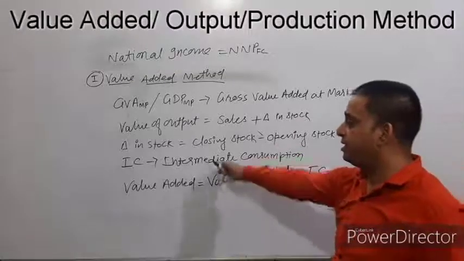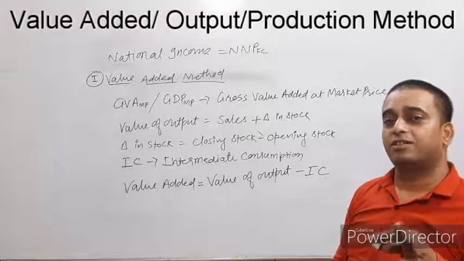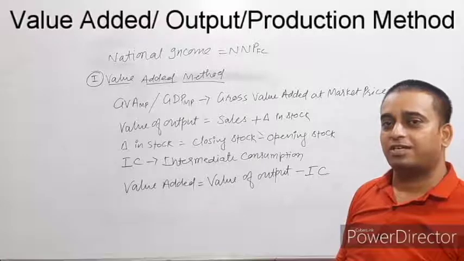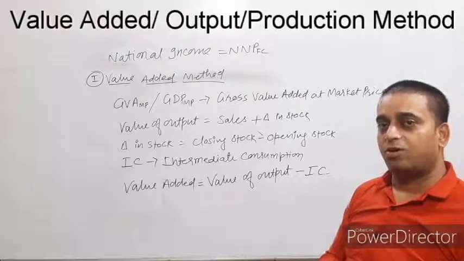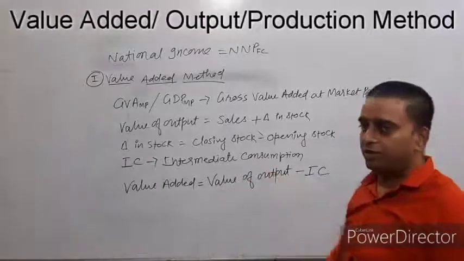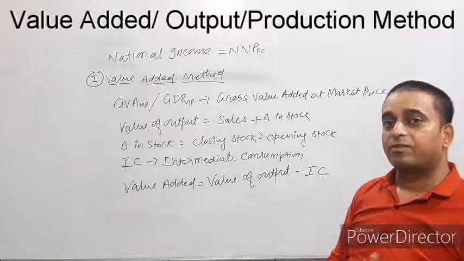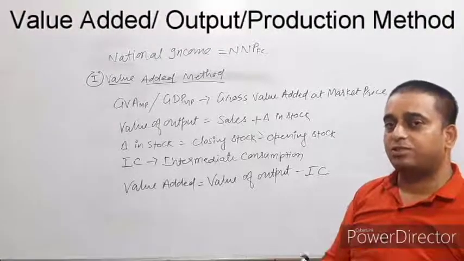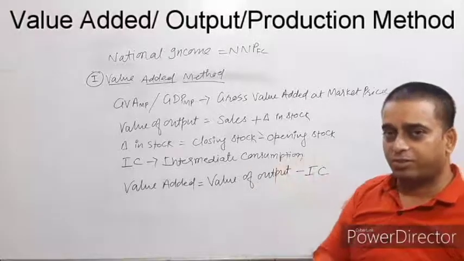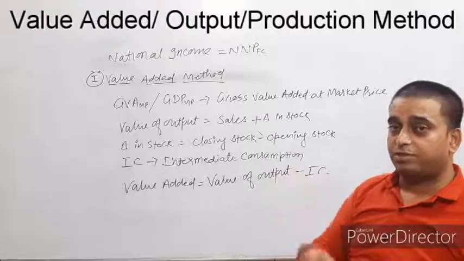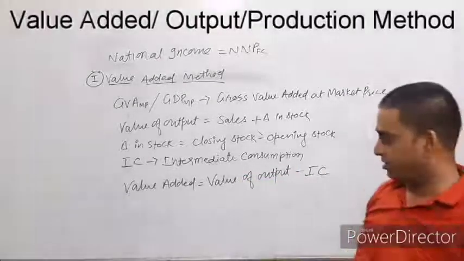Next one, intermediate consumption. IC, intermediate consumption, it means what we understand by the well-known name, purchase. Related to purchase, all the things we have to, or related to process. Process in the sense that at present this good is in process. We know very well, according to terminology, final goods and intermediate goods. So here is intermediate consumption, right?